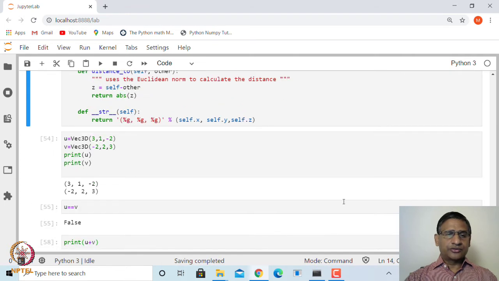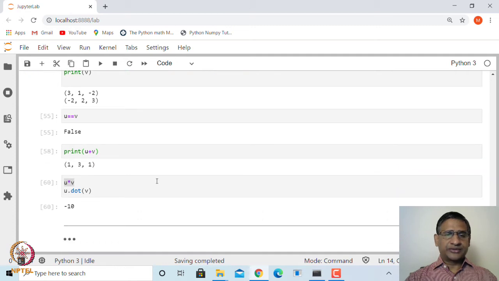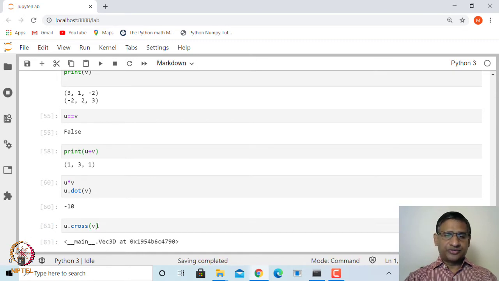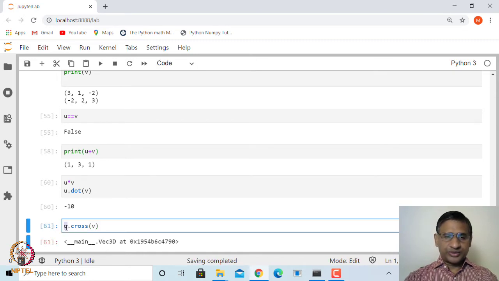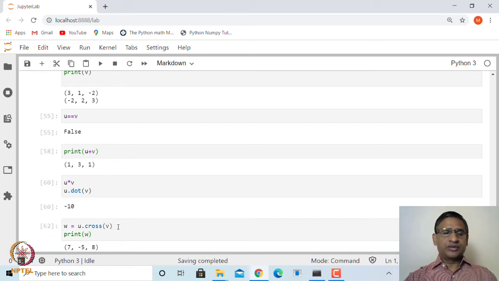Similarly, you can do other operations. For example, I can find the cross product. If I say u dot cross v, since it is a vector, I have to ask it to print. So let me say this is equal to w and then print w, it will print the cross product.